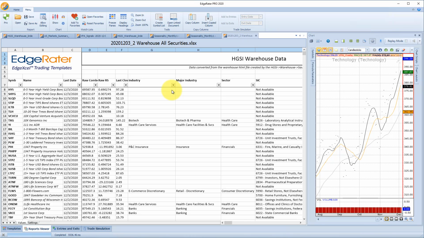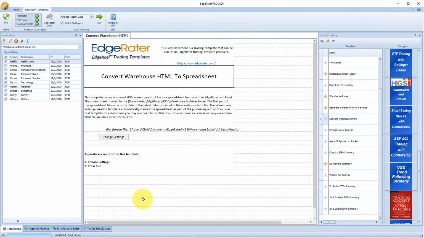EdgeRater is able to read those files, and this is how you'll be able to, we'll talk about in some of the upcoming videos, how to do a warehouse report to see the difference between 2 warehouse files. So my recommendation is that you save or you convert the Hgsi warehouse HTML file, the all securities HTML, into using this template, the convert warehouse HTML to spreadsheet,